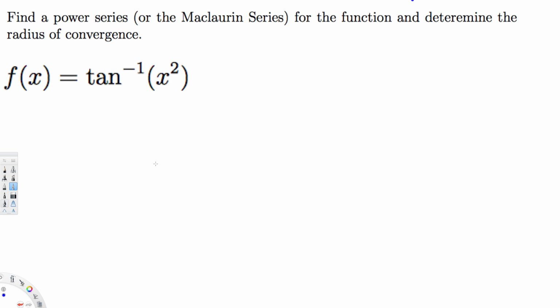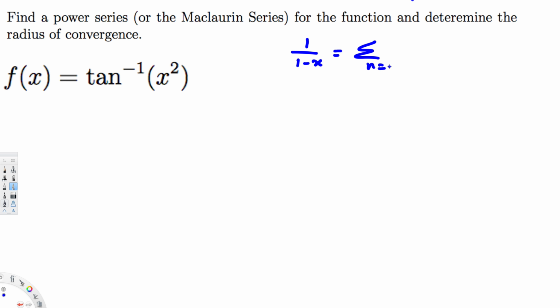What's going on, guys? Let's try this problem right here. This question is asking: find a power series for the function and determine the radius of convergence. Here we have this function, but usually when we want to convert a function into a power series pattern, we use this one, that is 1 over 1 minus x,